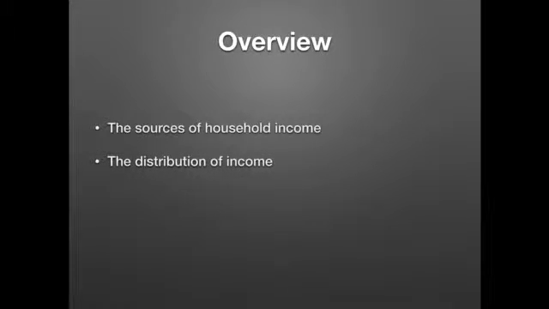Also, the distribution of income. Have a good idea of what the distribution of income looks like in the United States at the present time. I believe your book goes up to about 2011. So make sure you have a notion of the wealthiest people, the wealthiest 20%, how much of total income do they get, and also a notion of the people at the lower end of the spectrum, the lower 20%, lower income individuals, how much they get.